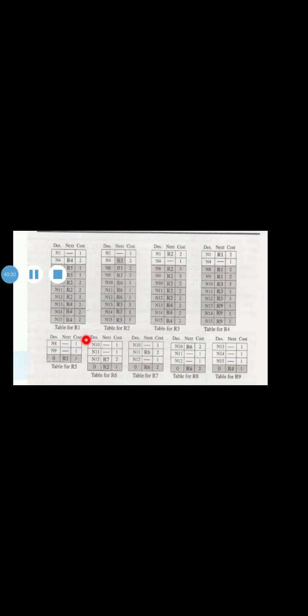Default destinations are indicated as 0. So here it has been shown 0, no? This 0 is the default destination.